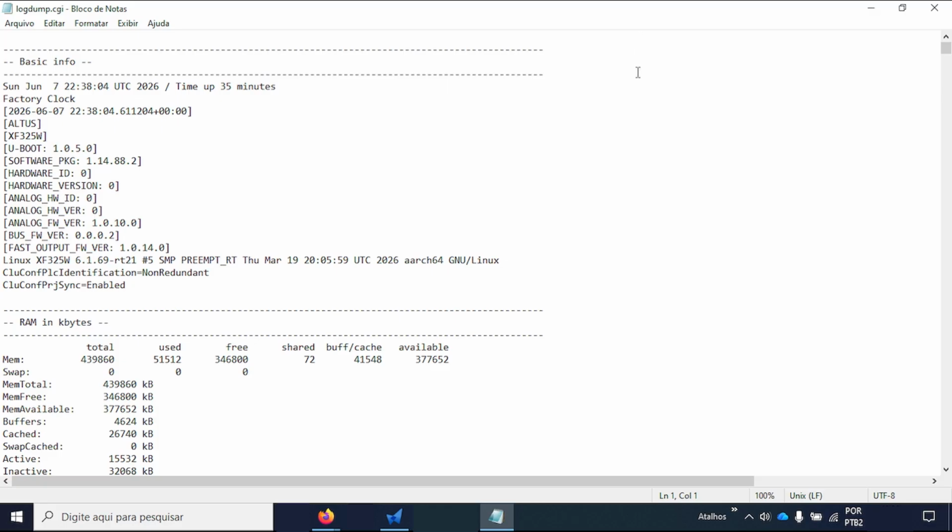Inside the file, you will find the CPU's log information, including system events, diagnostics, and transfer records. This log can be very useful for troubleshooting, analyzing controllers' behavior, and verifying communication or download operations that have occurred on the CPU. And that's how you can access and view the logdump transaction file from your controller.